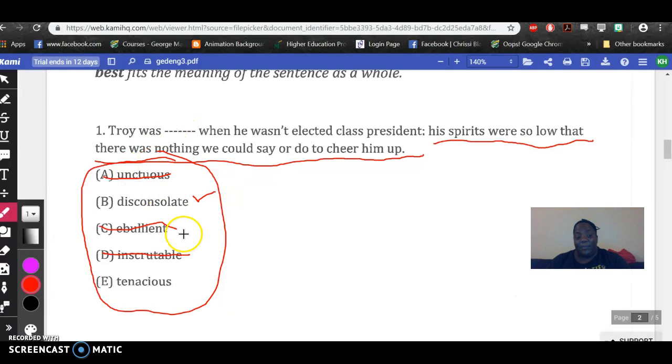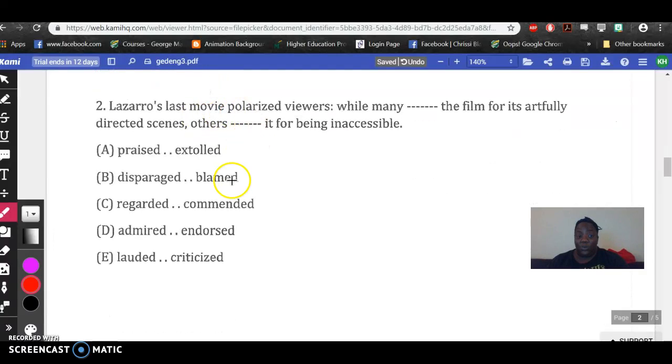So again, would it be tenacious, or would it be E, or would it be B? So again, I'm thinking that this one is out, and this one is the best fitting word, so our best answer choice here would be B. So that's where I'm going to leave it for now, because you could go through the same process through each one of these and figure out the difference between the words and what makes sense according to context clues, or